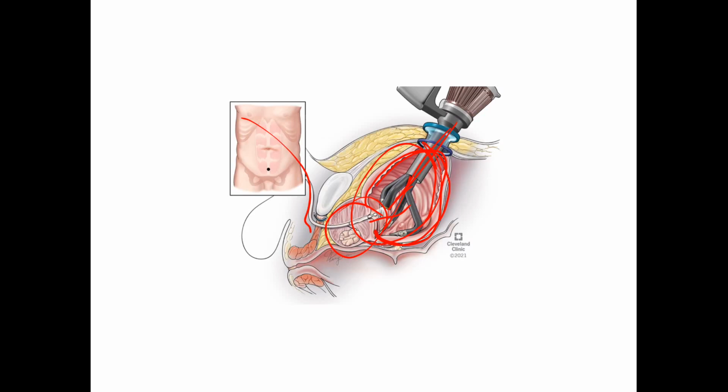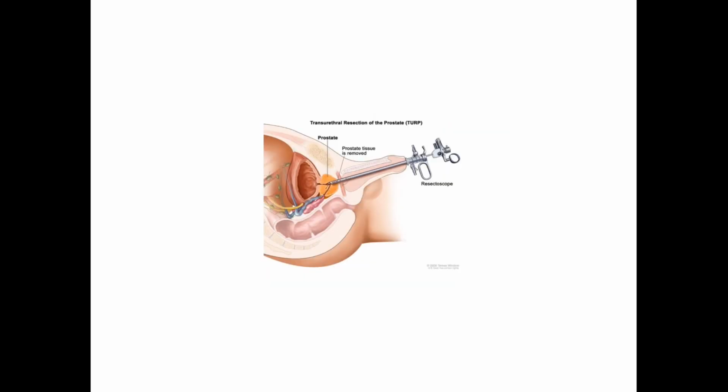There are other operations as well, like the retropubic approach and the perineal approach. So that also comes under open surgery. This is the transurethral resection of the prostate, also known as TURP. So here we have the prostate, and we go through the urethra. Okay, through a resectoscope. This one is the resectoscope, and we are going to put the resectoscope inside the urethra, and we will remove the prostate. So that is your TURP, transurethral resection of the prostate. If there is no indication of open surgery, we can do TURP. If the prostate size is small, and there is no orthopedic deformity, then in those cases we can go through the urethra, that is your transurethral resection of the prostate.